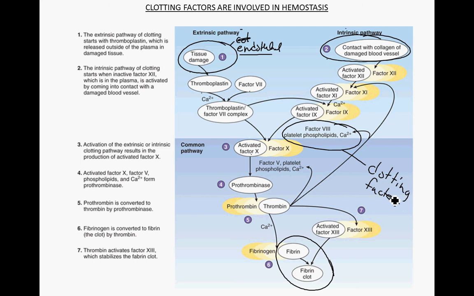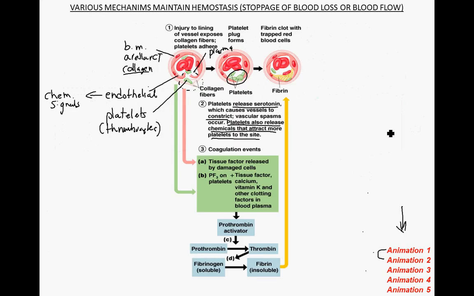Some of these factors here are relying on calcium ions, right? Here, vitamin K, not shown on here, but vitamin K is also involved with this formation here, right, of this fibrin clot. So let's go back to that original diagram up here and see what's happening in the coagulation events